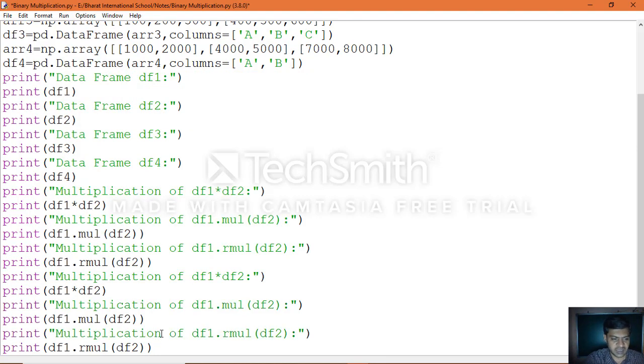Now between 1 and 3, just make the object names 1 and 3: multiplication function, reverse multiplication.